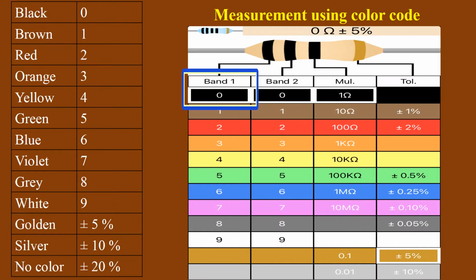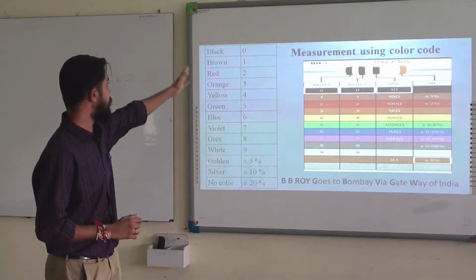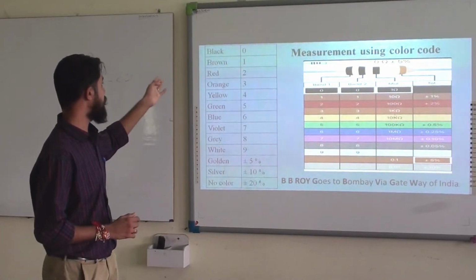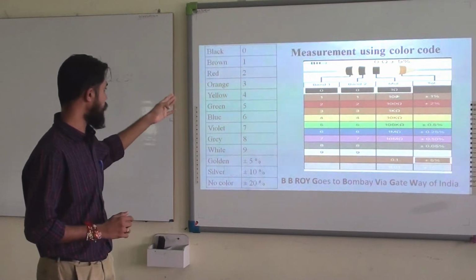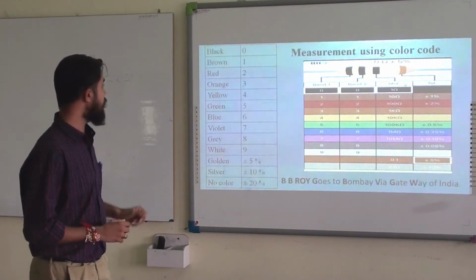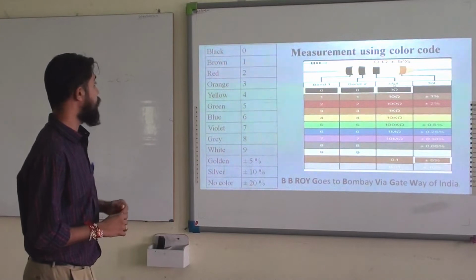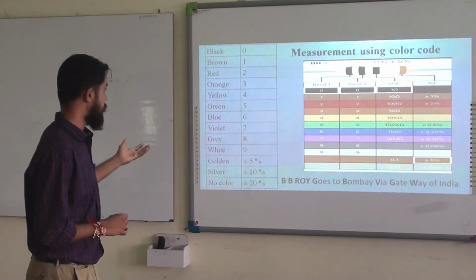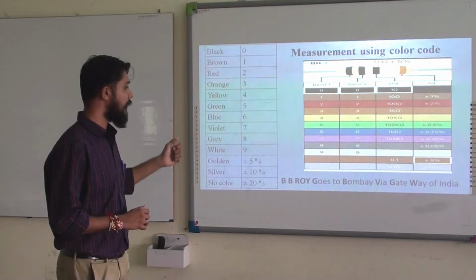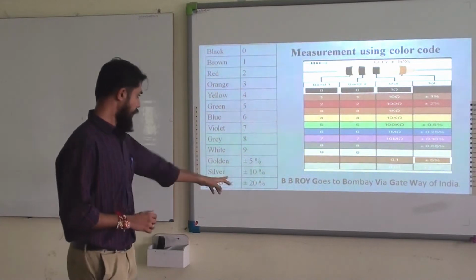The first band is the value, the second band is along with the same values, and the third band is the multiplier, and the multiplier is showing the range, means 10 to the power of 0, 10 to the power of 1, 2, 3 as per the color code range. Here the number shows that the color code has the value of 0, 1, 2, 3, 4, 5 likewise. But it is very difficult to remember which color comes first or which color second. To calculate with the help of this, I have a short technique that you can remember.